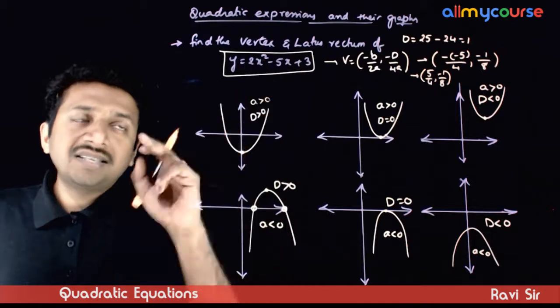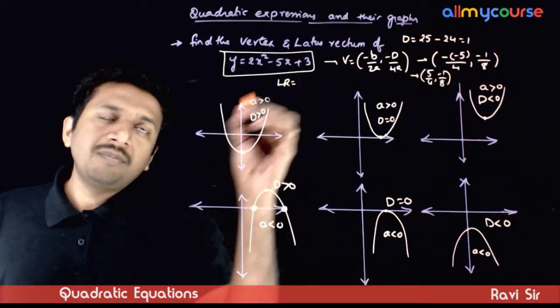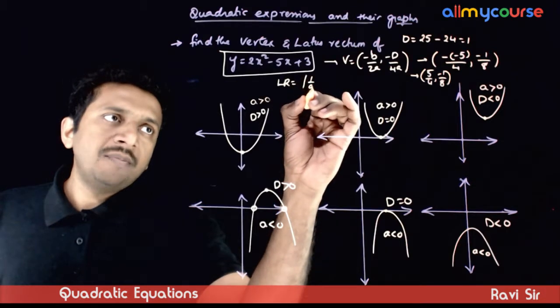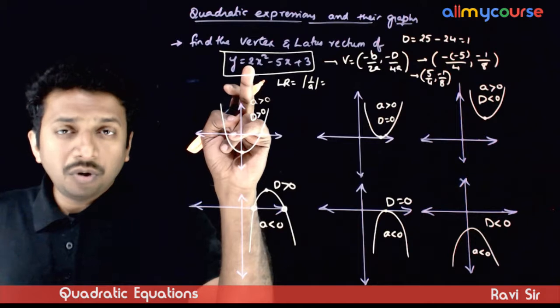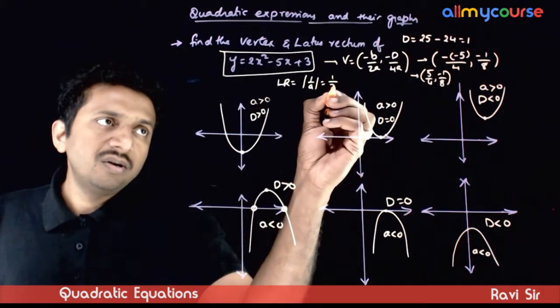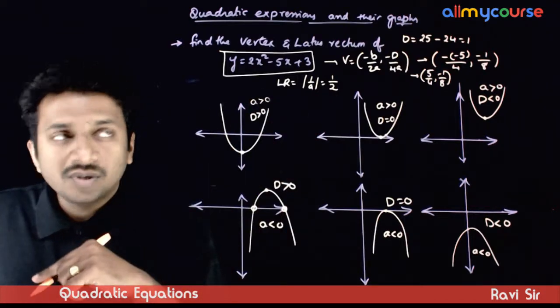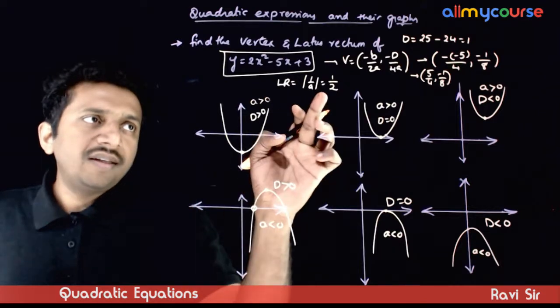And what is the latus rectum of this function? The latus rectum is given by modulus of 1 by a. It is 1 by the coefficient of x square, the reciprocal of the coefficient of x square, which is equal to 1 by 2. So vertex is 5 by 4 and minus 1 by 8, and the latus rectum is